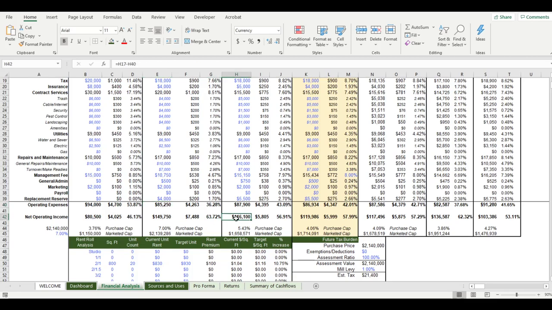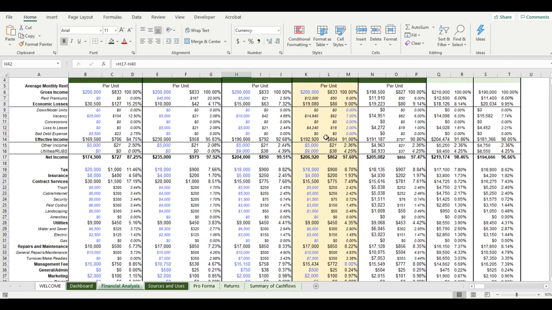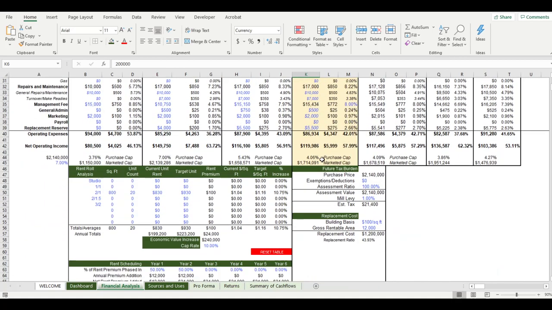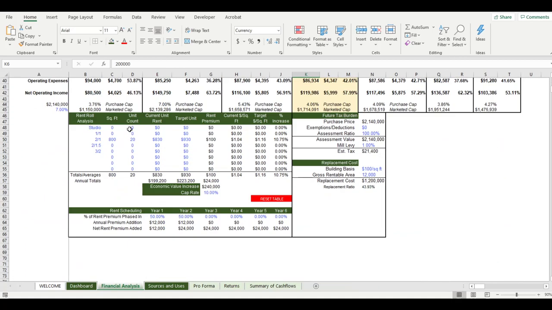And then what the NOI comes down to is 116, right? So now your job is to find out where the truth sits. The first place that you can start is in the rent roll analysis. So we have a nice little window for you to input the units into the spreadsheet. In this case, for the unit breakdown, we'll just put all of them